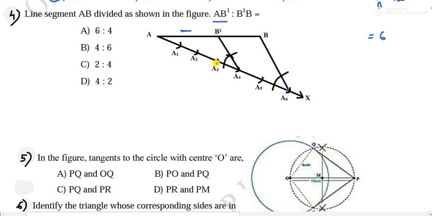From here, the first line will be the first value, meaning from where they have cut, from where they have joined. So here they have joined it from 4. So this is our first one. Now the sum should be 6 and the first value is 4. So what should be the second value? Exactly, it should be 2, right? Then only if we add, we get 6. You can see after here there are only two differences, 1 and 2. So this is 4 and this is 2. So the ratio is 4 is to 2. This is how we can solve this problem.